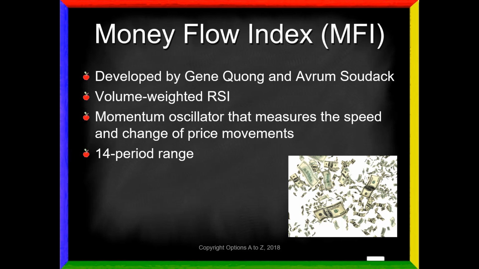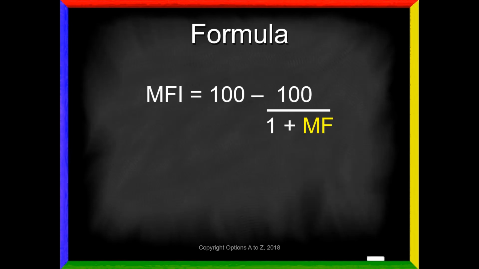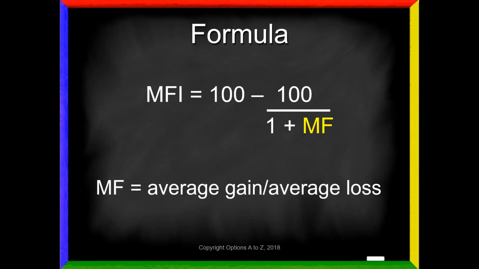we look back 14 periods. The formula probably looks familiar, and it should. It's exactly the same as RSI. Just kind of change some of the variables in here. So the MFI, the Money Flow Index, equals 100 minus 100 divided by 1 plus this other variable down here, the MF ratio, or the money flow ratio. And that is defined as the average gain divided by the average loss. Once again, identical to RSI,